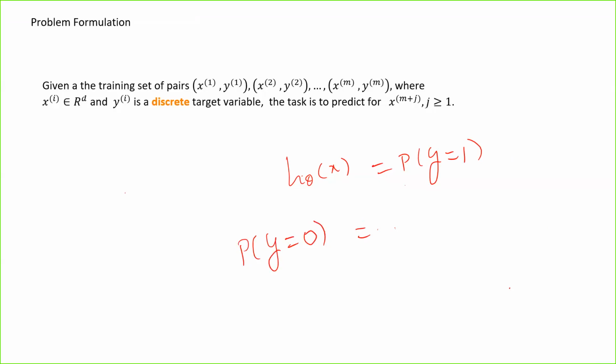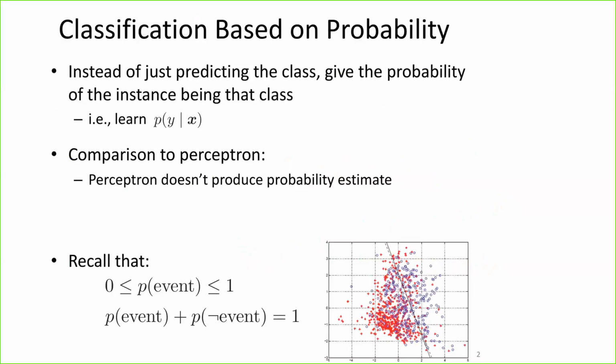If you know the probability of y equivalent to 1, what is the probability of y equivalent to 0? It is 1 minus the probability of y equivalent to 1, as there are only two classes. So that is 1 minus h theta of x. H theta of x is the hypothesis or the output that you are getting, the prediction value, right? So that's what this